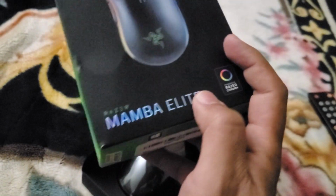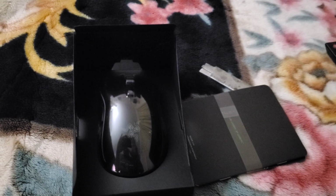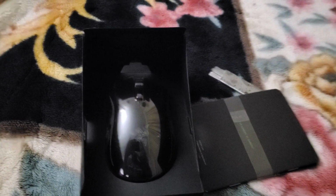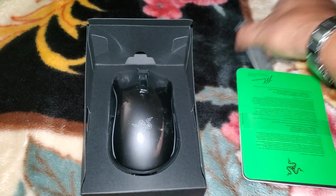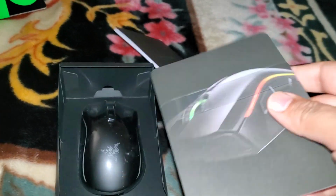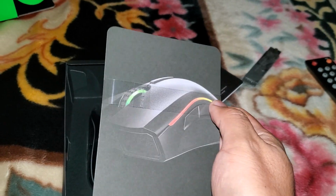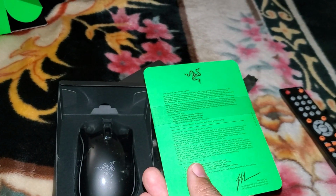The box has the holographic typeset, and the QR codes seem to be authentic. So let me turn on the lamp a little bit. It comes with the usual manual, for gamers by gamers. That's the RGB that's supposed to have. I am ashamed to admit that I only buy a mouse